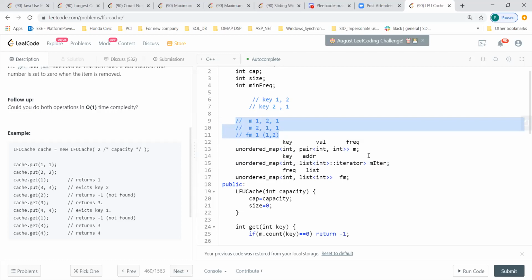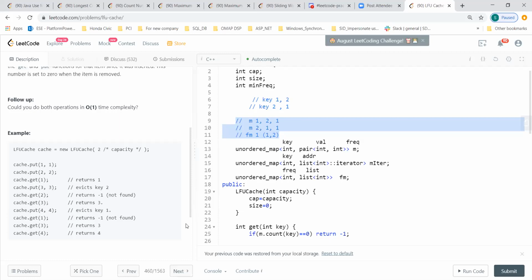But if you look at the test case, they are not like that. You can have anything. So what is the conclusion for key? Key value pair, just like that.